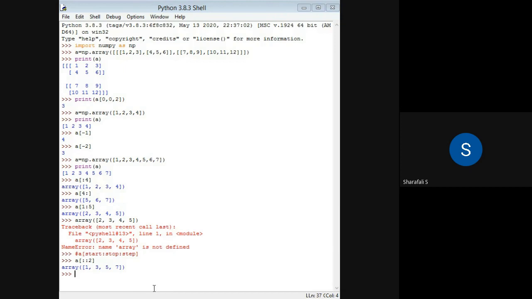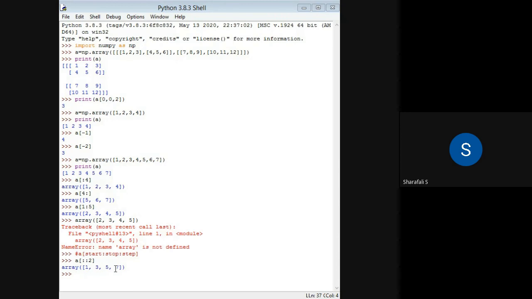I will be starting from the first value, that is 1, and then taking indexes with step 2. So first value, index 0, then the next index, that is 2. After 0, 1 is skipped, then 2, then 3 skipped, 4. So I will be getting 1, 3, 5, and 7, the last one. All those values will be printed here.